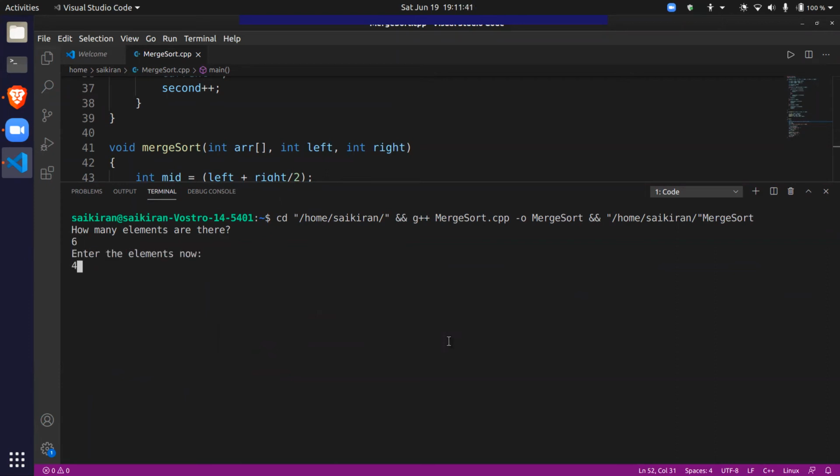I'll enter some random elements: 4, 77, 91, 34, -1, 0. So it printed out the unsorted array properly: 4, 77, 91, 34, -1 and 0. But the program exited with a segmentation fault, core dumped.